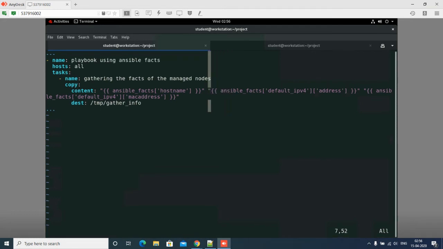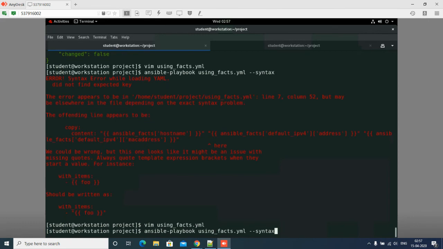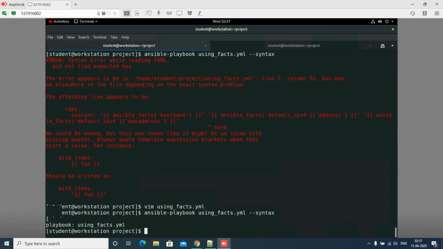Somewhere here I'm getting an error. Let's check what my error is here. Yes, because what I have done, I will not start it every time. I have to start it from the starting and I have to close it inside. Now let's check. The syntax is proper, but it is giving me some error.